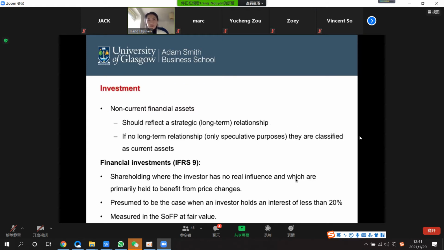So finally, about investment. What do we need to remember about investment? Investment will relate to financial assets and financial liabilities. When we read a financial statement, you can see financial assets or hedging or something. It's all about investment. So for financial investment, what we need to remember is